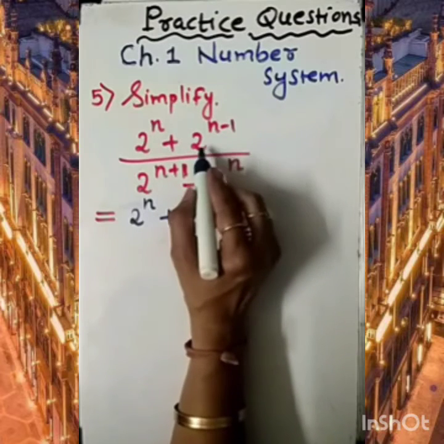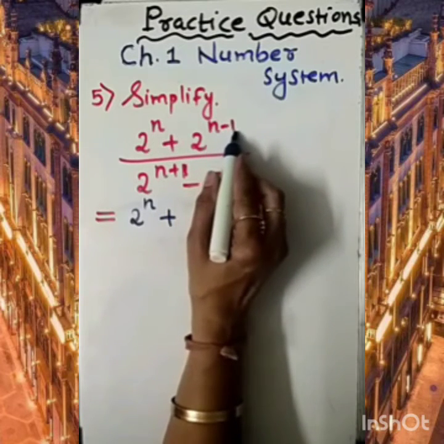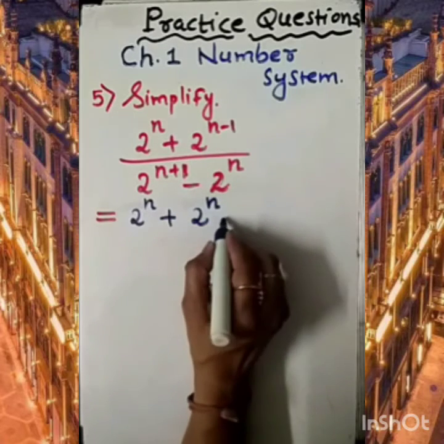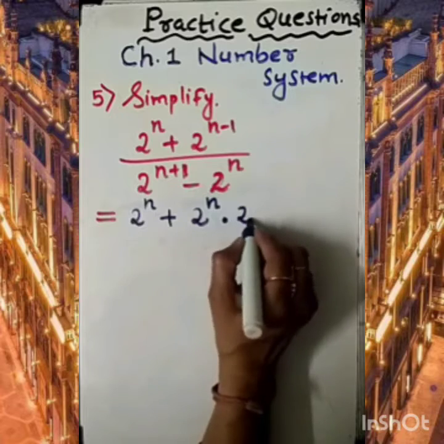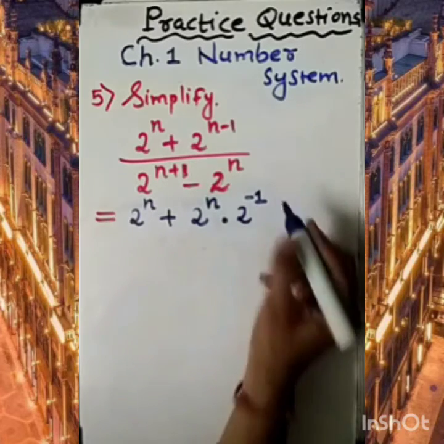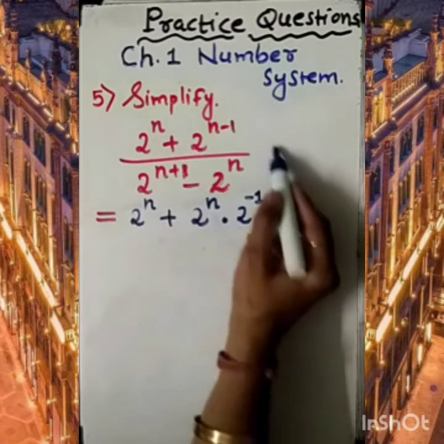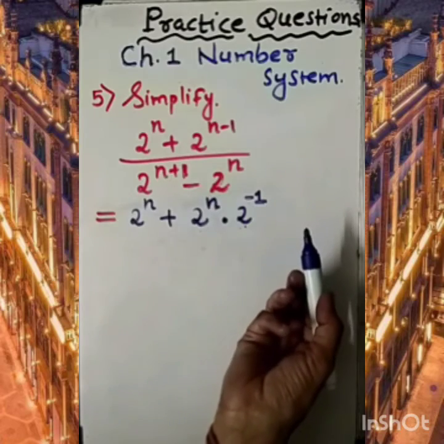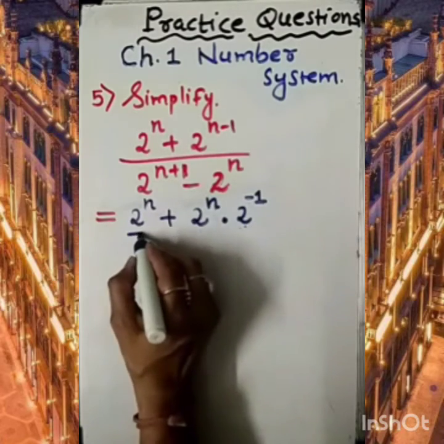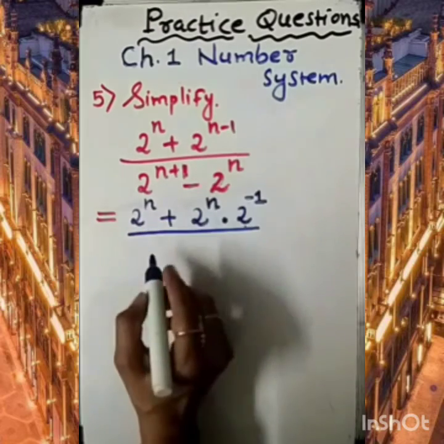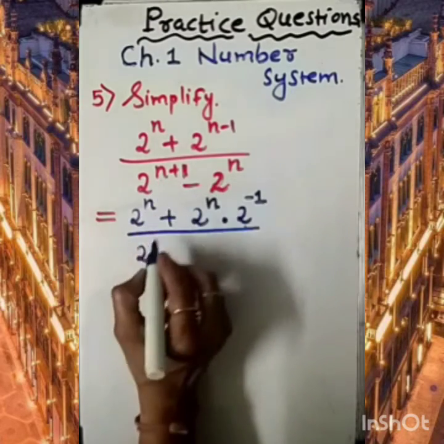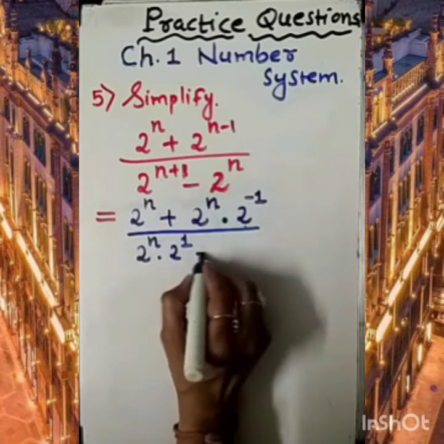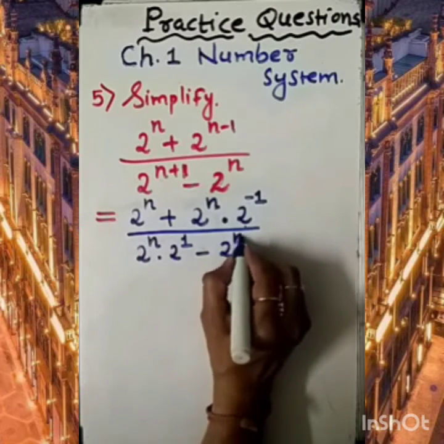Now focus on this: 2 to the power n minus 1. What are we going to do? We are separating the power. So we write 2 to the power n into 2 to the power minus 1. Suppose we are given this, we can write n minus 1 because the base is similar. So we are doing the reverse procedure, applying the law of exponent. Now here also the same thing: n plus 1 power indicates 2 to the power n into 2 to the power 1, minus 2 to the power n here. Okay.